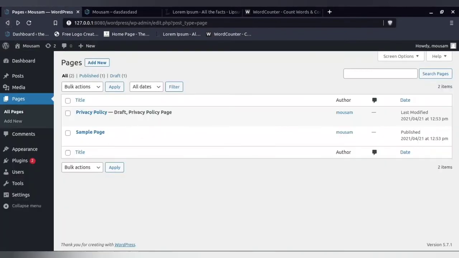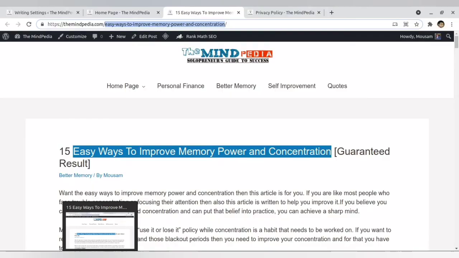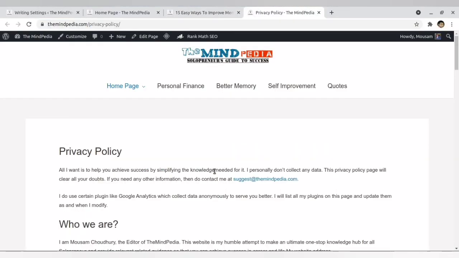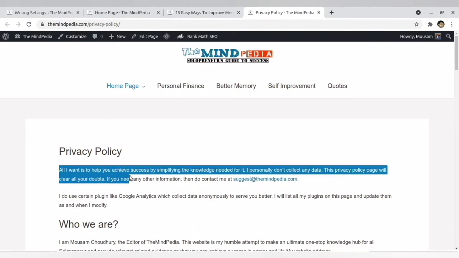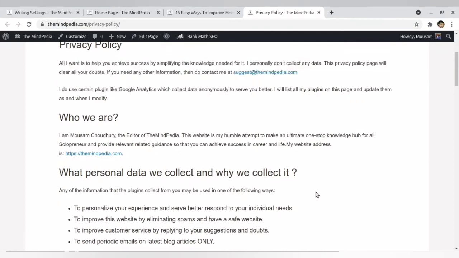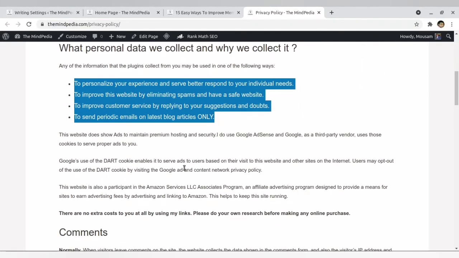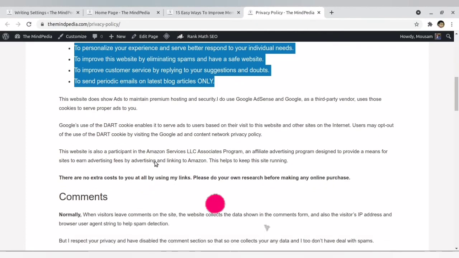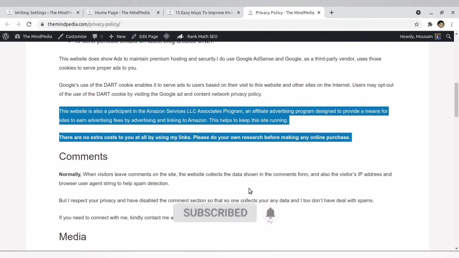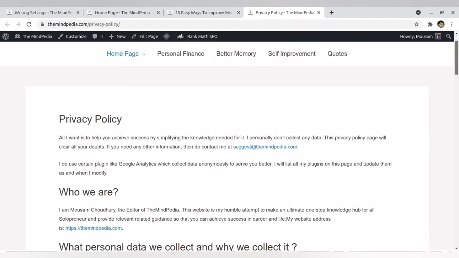Regarding what is the good practice of privacy policy, I personally prefer that this privacy policy should be simple and to the point. So you kindly mention whatever you are doing with the data of your user clearly in the privacy policy, and keep it in simple language. You do not have to hire a lawyer to write a privacy policy. If you go to internet and search privacy policy generator, you will find tons of website.